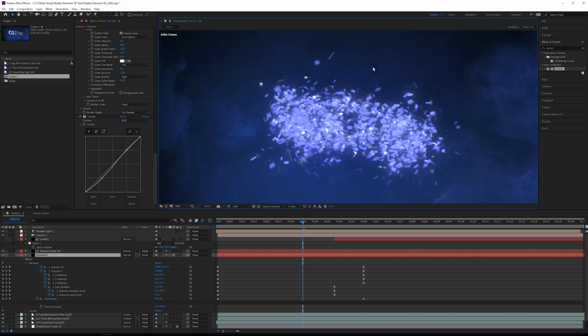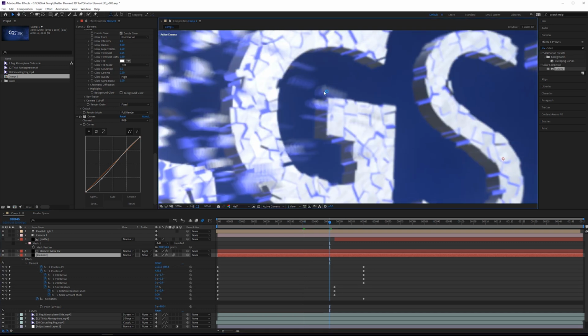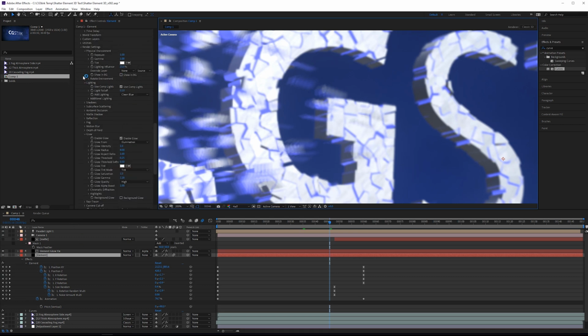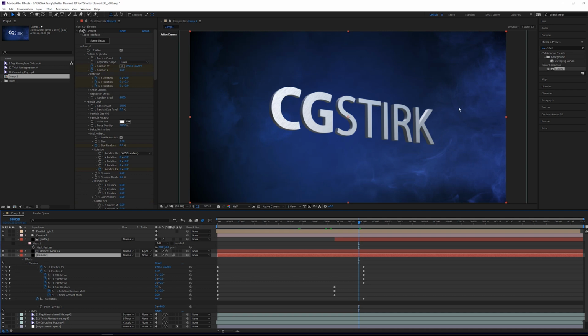With all these particles moving pretty quickly, we're getting not so nice motion blur. You can really see how choppy it looks. I'm going to go into render settings, select motion blur, and then for motion blur, we could double it. See if 12 samples will fix it. That looks pretty good. Now at the very end here, I just want to add a tint of blue.